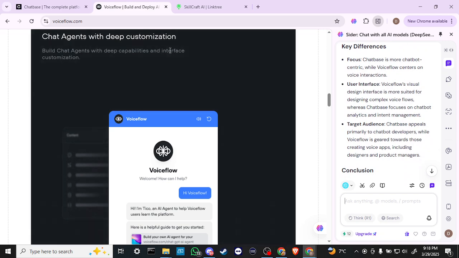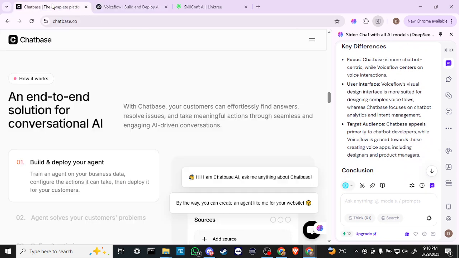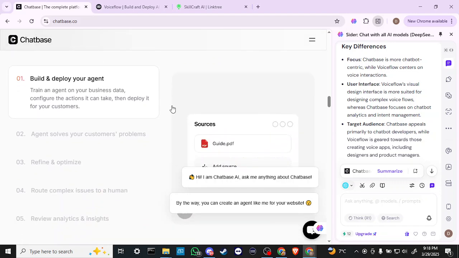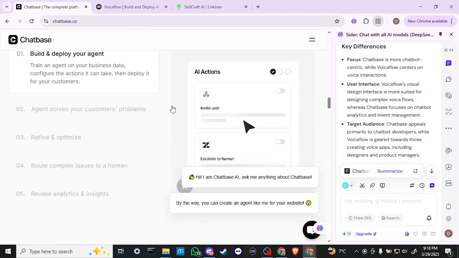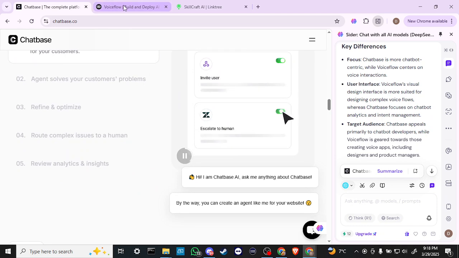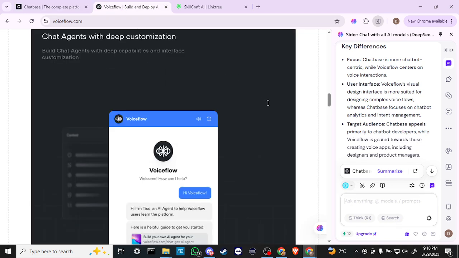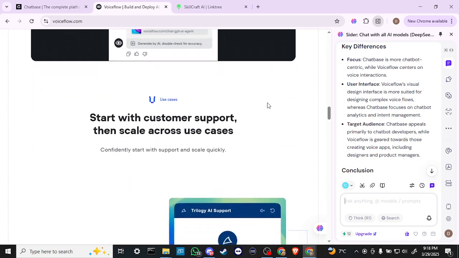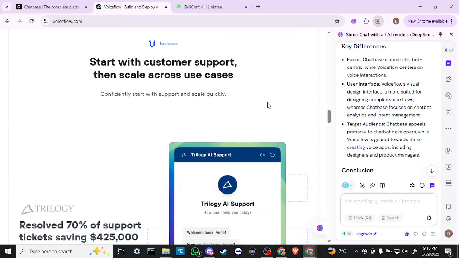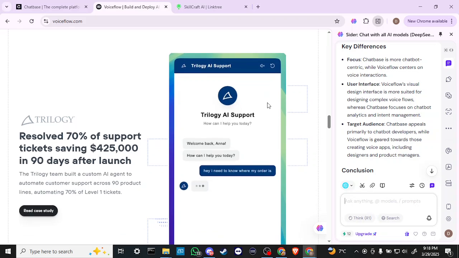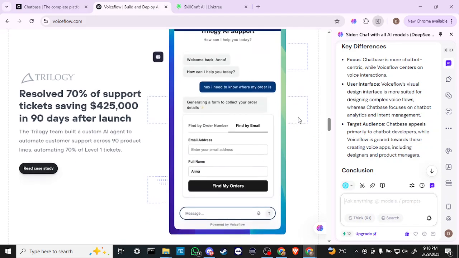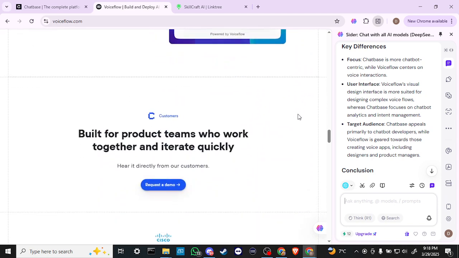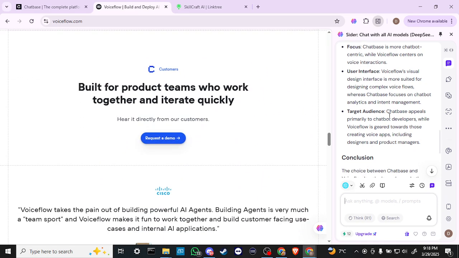Key differences: Chatbase is more chatbot-centric, while Voiceflow centers on voice interactions. Voiceflow's visual design interface is more suited for designing complex voice flows, whereas Chatbase focuses on chatbot analytics and intent management. Chatbase appeals primarily to chatbot developers, while Voiceflow is geared towards those creating voice apps, including designers and product